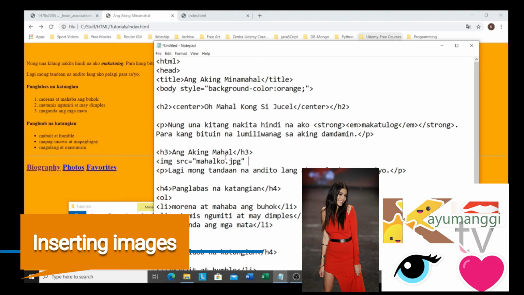Tapos may ibang developer, guys, na lagyan nila ng alt, kasi yung alt makikita to pag hover mo sa mouse. Let's see if it works. Okay, kasi may HTML code kasi, guys, na it doesn't anymore support by a browser. Okay, but let's see if it works. Okay, so alt ang aking mahal. Okay,